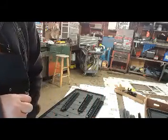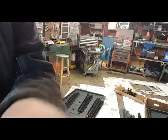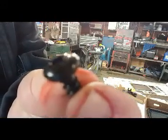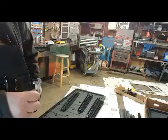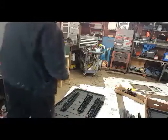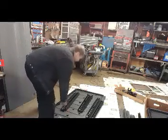And all the rest of them are regular can head screws. They look like this. And then there's some tiny screws for the hinges that we'll look at later on. So I'm just going to throw this on the floor here because that's where we're going to use them. And then there's these